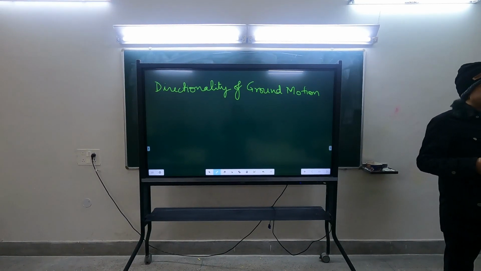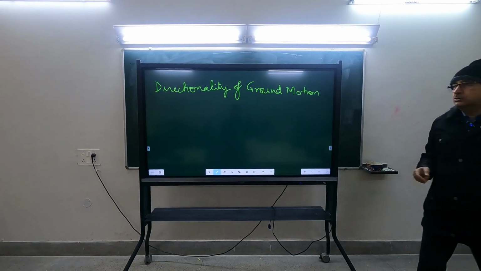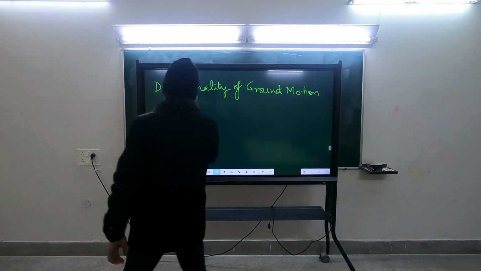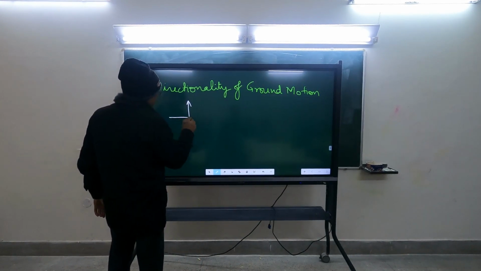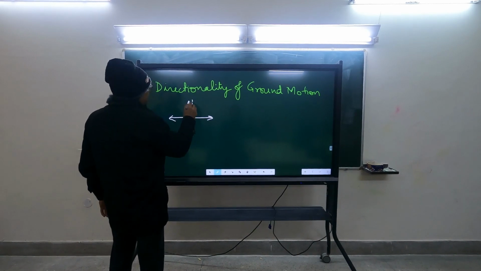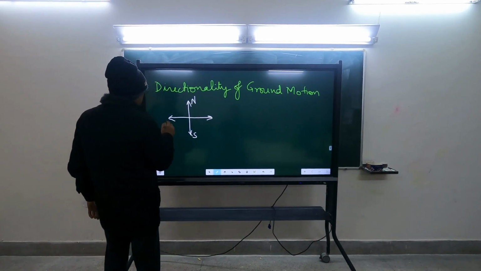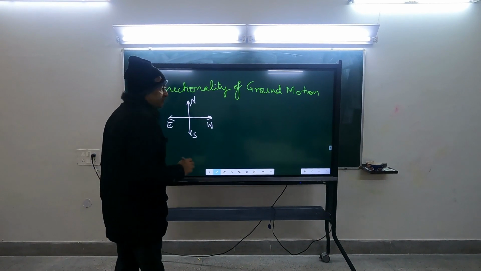Within the horizontal plane, there are two components. So we can measure those two components in any two orthogonal directions. Generally we measure north-south and east-west directions. We align our